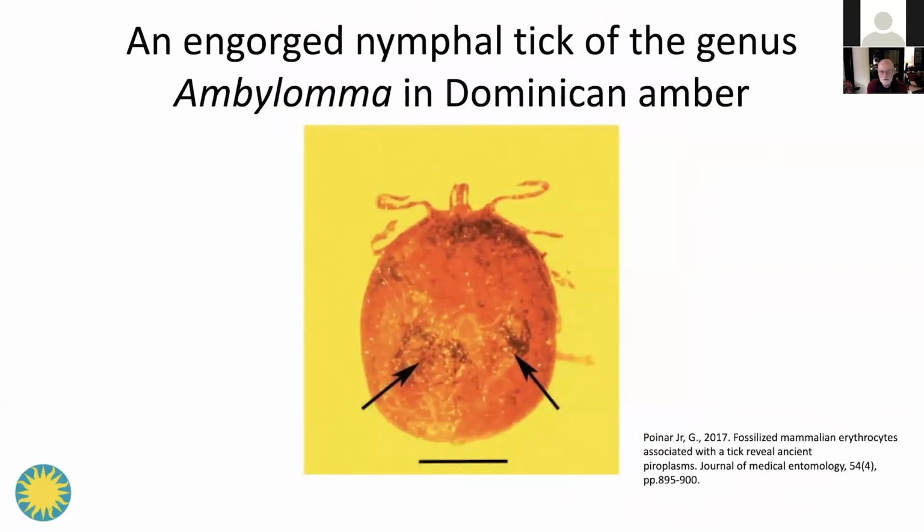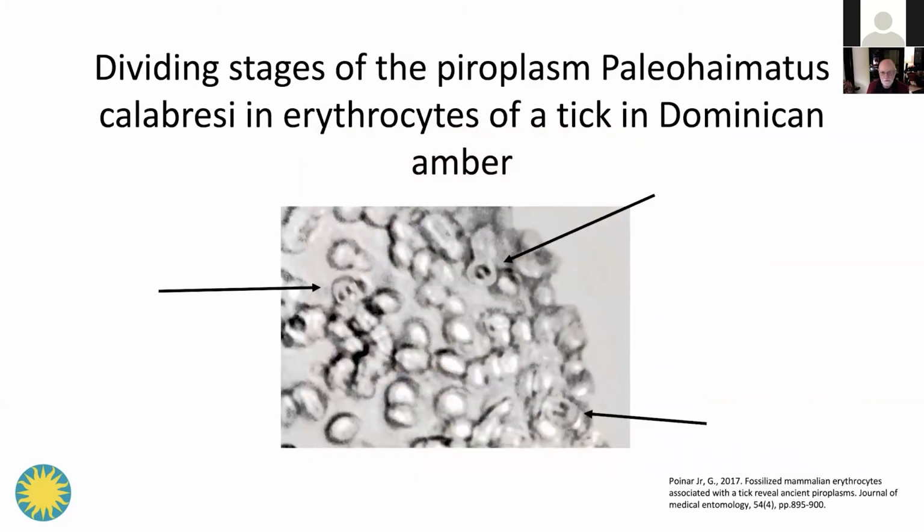Here's another specimen. Now, it's tough to characterize the fossil record of blood, so sometimes we have to use proxies. That is, we don't have direct evidence for the presence of blood, but we have indirect evidence. This is a tick. It looks like it's bloated. It looks like it should be full of blood. Scientists looked at it with an electron microscope, and they found red blood cells in there. But even more interestingly, they found that some of the red blood cells had parasites, blood parasites in them.